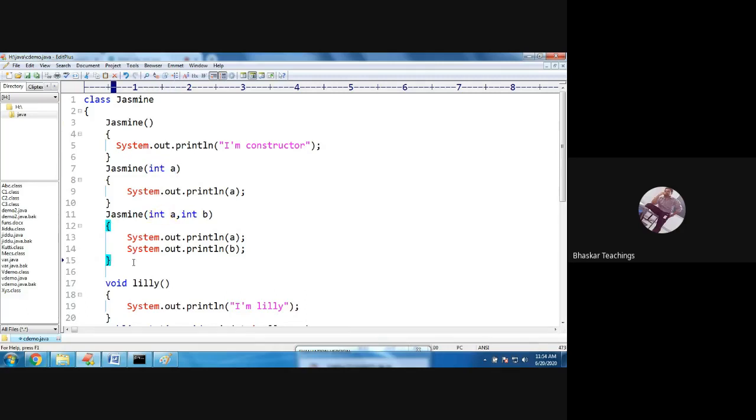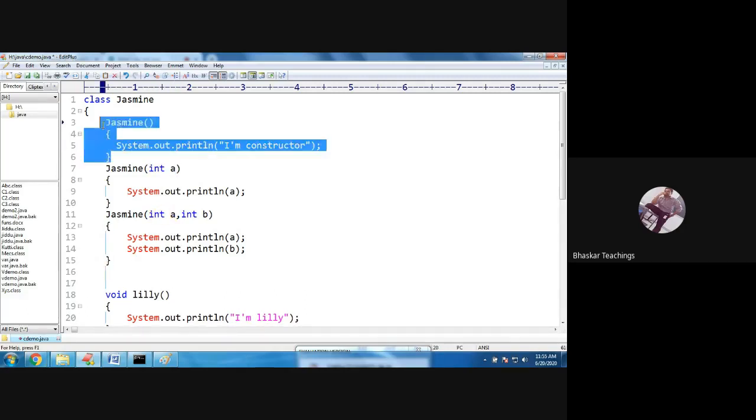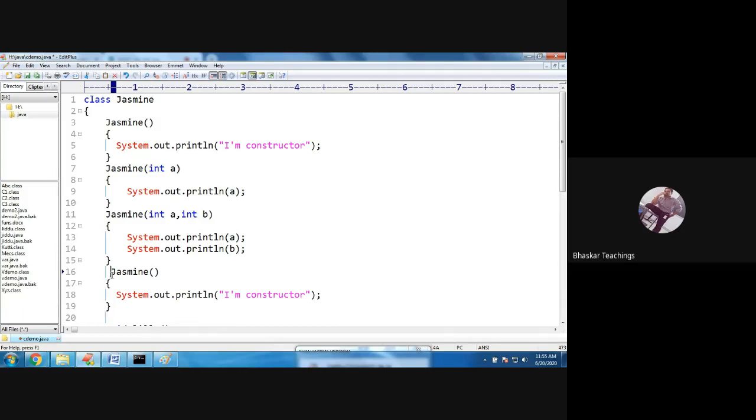Sir, what if I want to add one more constructor with zero arguments? Is that possible? No, it is not possible, because it will be the same definition as this one. Even if you change the implementations, it is not going to be accepted. Just like it is impossible to create a variable twice in your program.